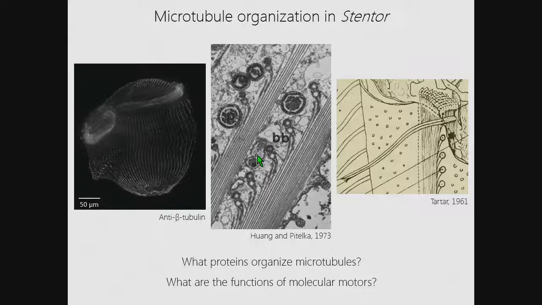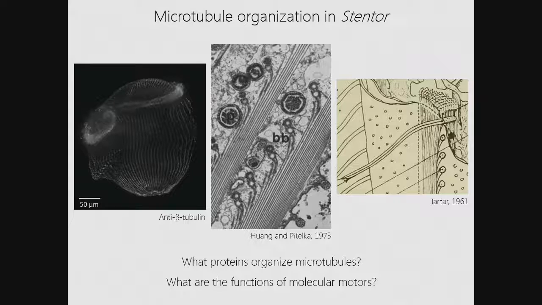And when you look closely at them, they are not just bundles, they're actually very interesting structures. They are basically stacks of ribbons of microtubules. So they're relatively flat sheets of microtubules, and then they're being stacked into a stack of ribbons. And this structure allows for the attachment of the cilia, which obviously is very important for Stentor since it's a ciliate. And so I'm very, very fascinated by the structure, and I would love to answer those questions during my time as a postdoc in the lab, or at least try to answer part of these questions: